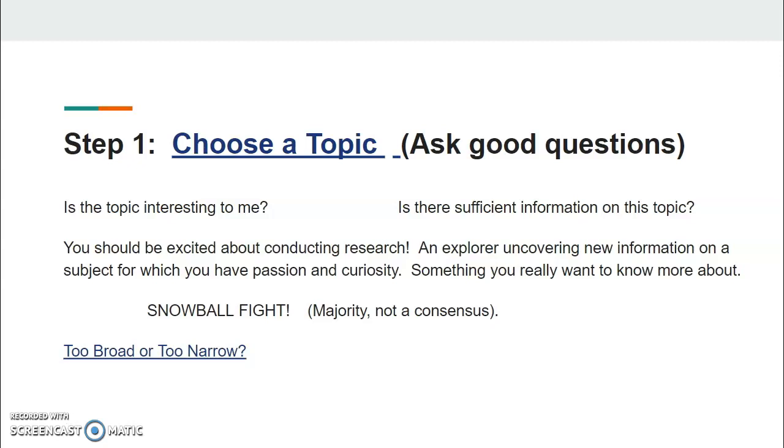And then before you really dive in and say, this is my topic, I've chosen it, I'm going to stick with it, you do a little preliminary research and you figure out, is there sufficient information on this topic? If it's really obscure and there's not information, especially information that you would find by doing library research, that's a problem. We're not talking about some kind of weird Illuminati chat room type stuff, but really real, credible sources. So what we're going to do now, hopefully this will be fun.